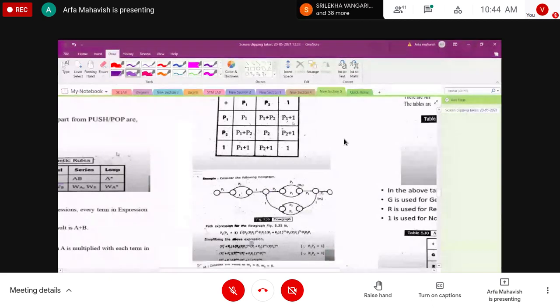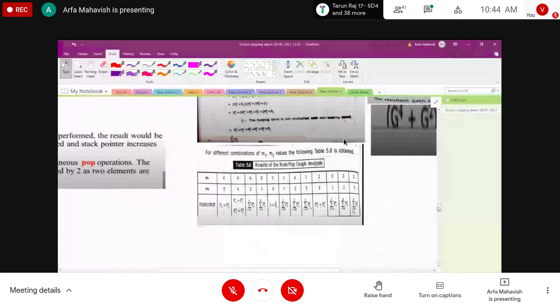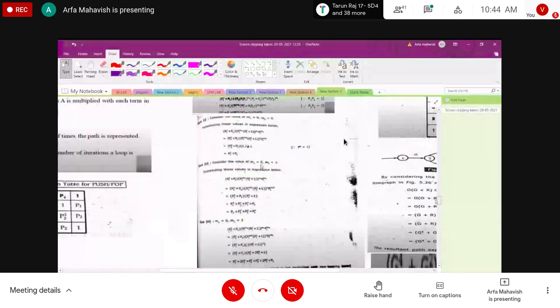Similarly, the above expression is P2 power 2 plus P2 1 P2 P1, P1 power m. So P1 plus P2 m, P1 plus P1 plus m1. Here P1 and P2 is equal to 1, and P1 and P2 is equal to 1. Whenever you are finding P1 P2, at that time we are representing it with 1. Okay, so look at here.